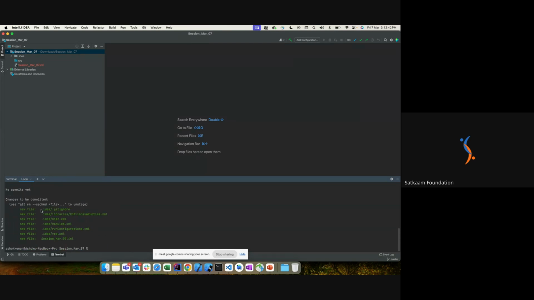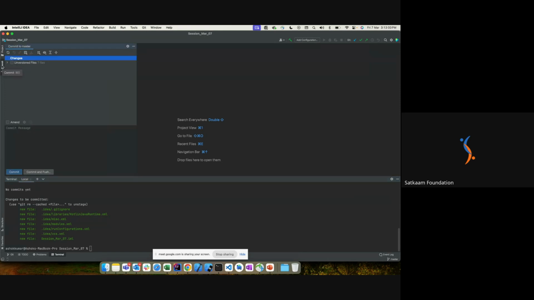It added all the files which are inside the folder and the file which is outside as well. Now everything is ready to commit. This is a terminal where I'm working. On the other hand, there is something called commit on the left-hand side. If you can see here, you can go into the commit and expand. It still shows the same 7 files,